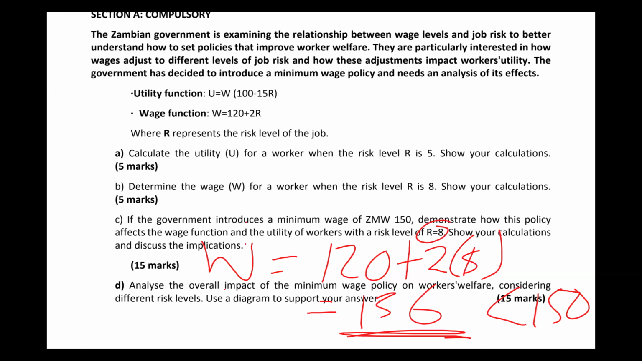The key message we are sending here is that when the wage goes beyond 136, the equilibrium that we had, at that point, even if